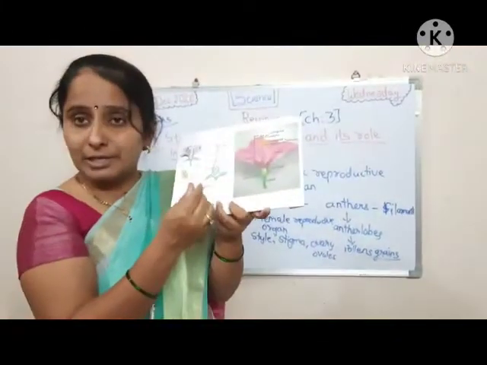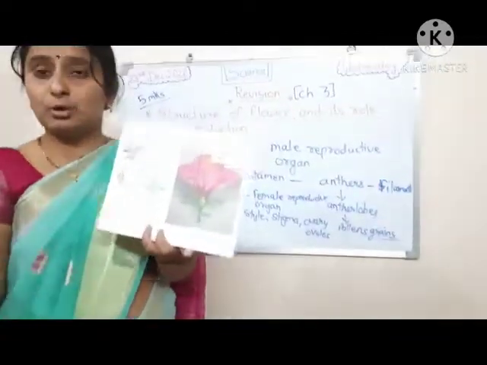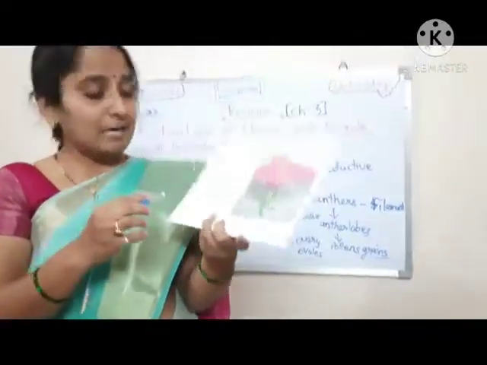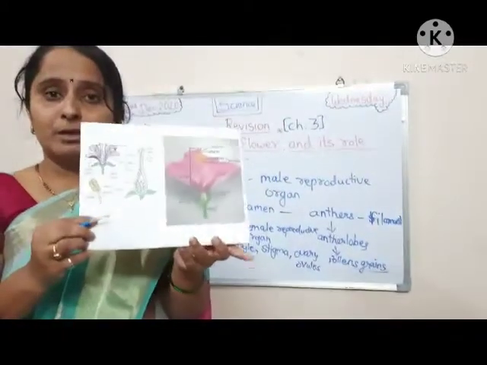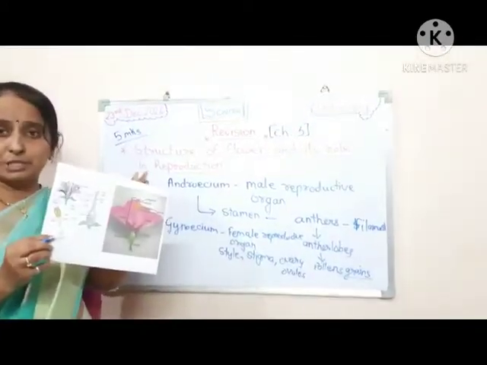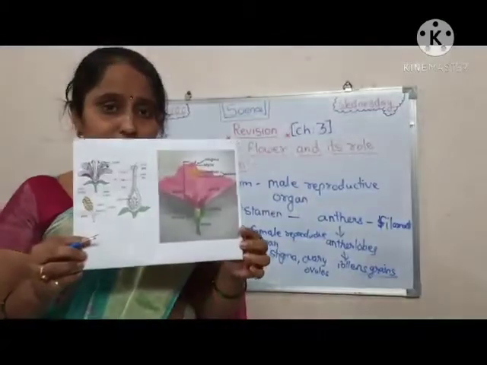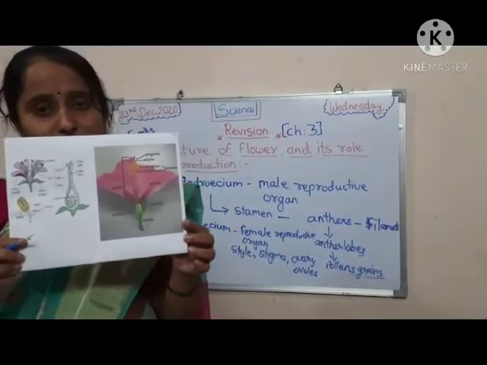This diagram is very essential. The 5 whorls of the flower, accessory whorls and main whorls, and their members will be asked during the practical. So you have to prepare yourself for this 5 marks question as well as objective questions which could be asked from this chapter. Hope that you have understood it.